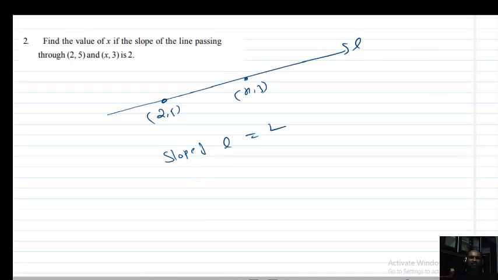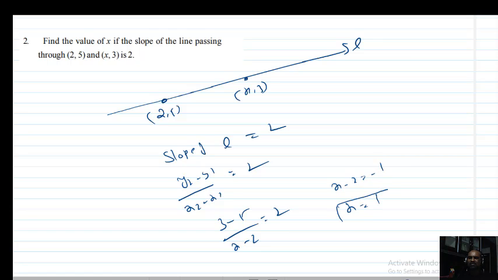How to find slope of L? (y2 minus y1) by (x2 minus x1) equal to 2, means (3 minus 5) by (x minus 2) equal to 2. Okay, 3 minus 5 means what? Minus 2, no? That is x minus 2 equal to minus 1, x equal to 1. If x equal to 1, automatically its slope is equal to 2. Okay,